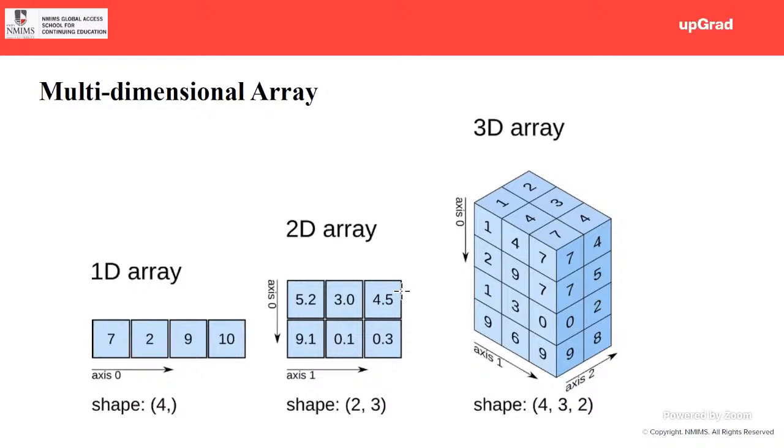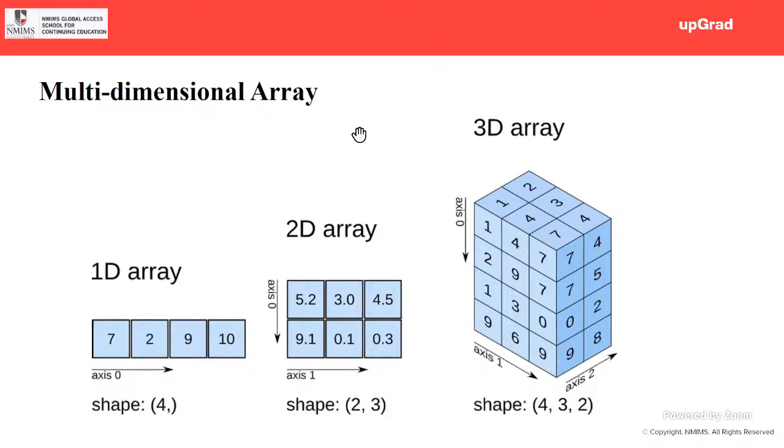Those x, y, z axes, when we talk in terms of Numpy, are called axis 0, 1, and 2. I'll say x, y, z because that is the most common terminology. Maths terminology is used, but in Numpy terminology, it is 0, 1, and 2.